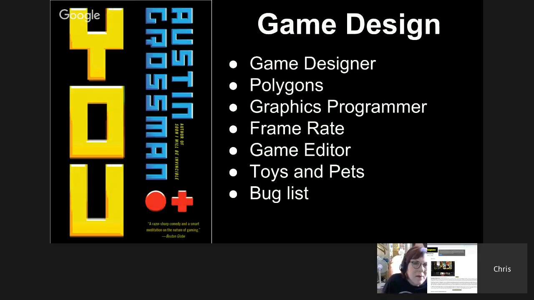You see a lot of pieces here that lay out the different jobs, the different aspects that you see in a game company, where there are the game designers and the graphics programmers. You learn a lot about polygons early on, in the first couple of chapters as Russell's playing around. You learn about what everyone's favorite frame rate is. It's 31.